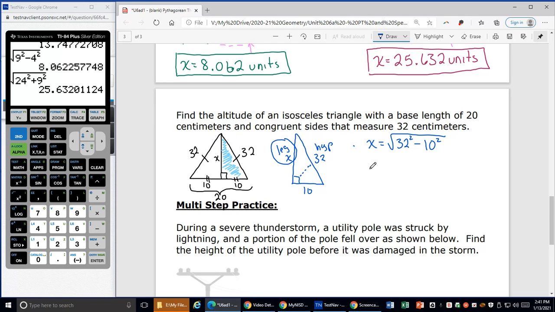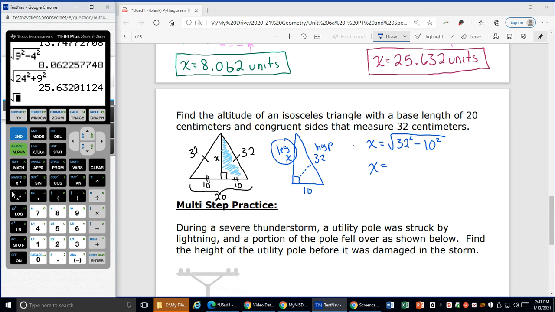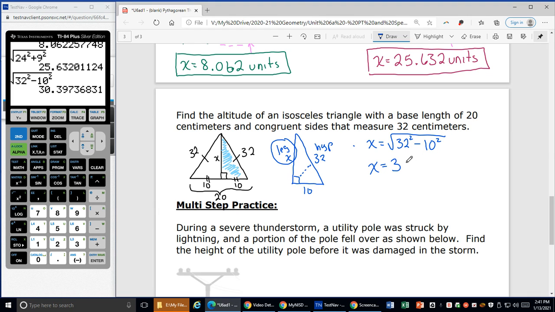And now this is ready for the calculator. I'm going to come over and say second x squared, because that's where my little square root is. And then I'm going to type in my 32 squared minus 10 squared. Okay? And when I do that, oops, I didn't hit enter, I get an irrational number that goes on forever,